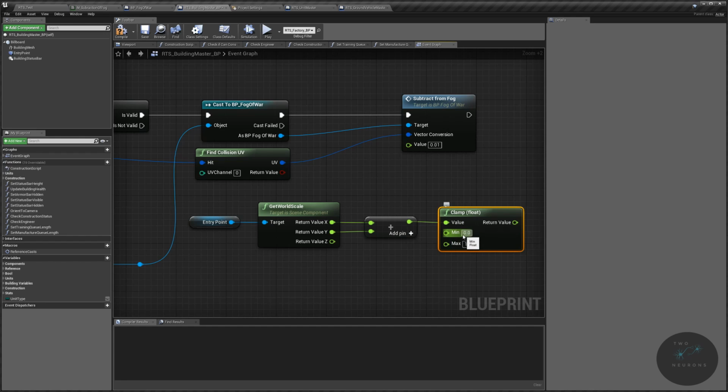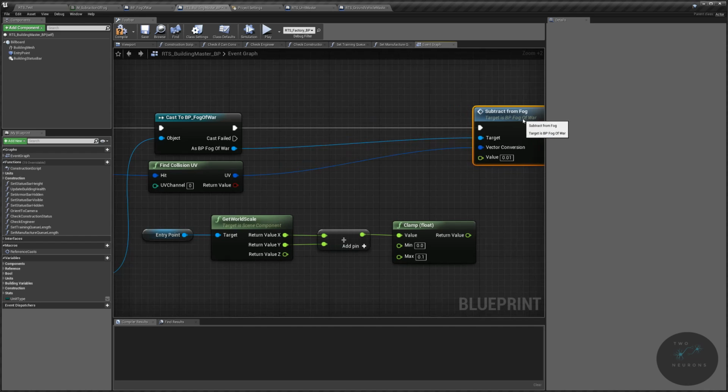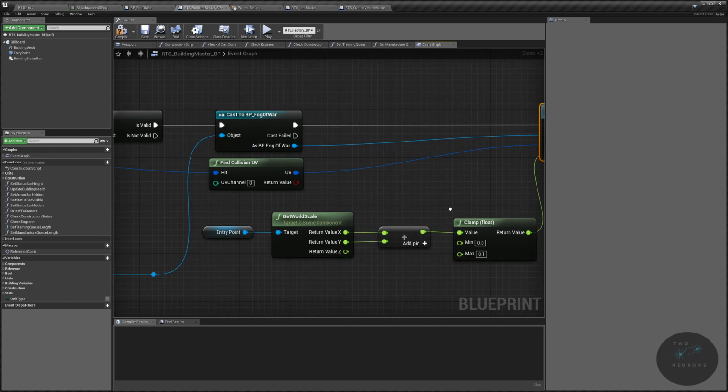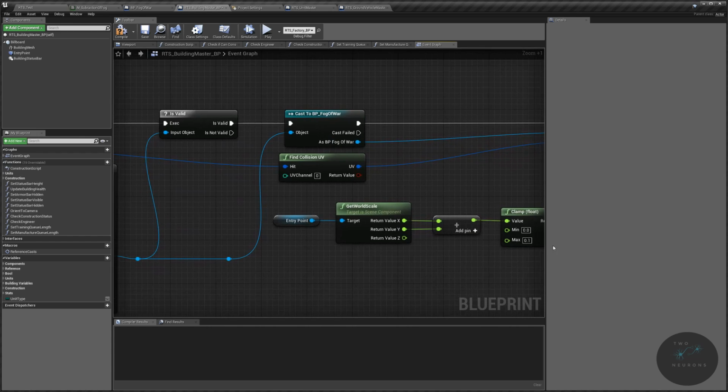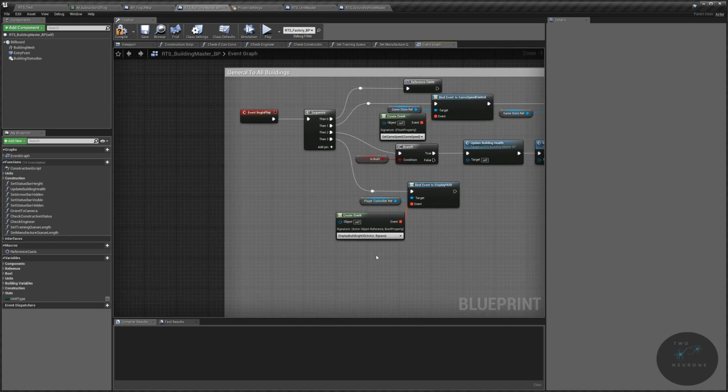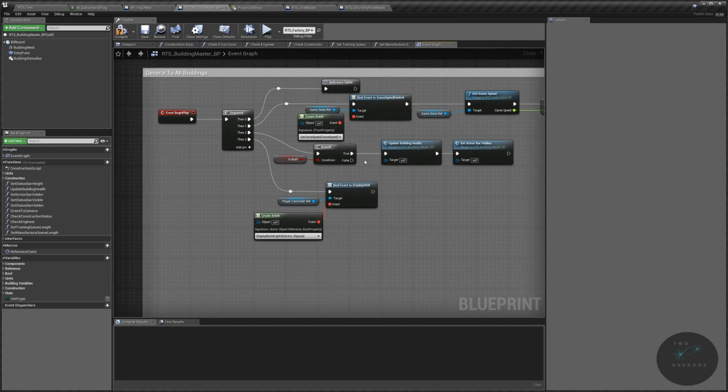Our minimum is going to remain 0.0. Our maximum is going to be, let's try with 0.1. I was playing around with 0.08 earlier, and I like that one. I don't know why my test file has 0.1 in it right now, but let's just try that one. If this doesn't work, I will reduce that to 0.08. Now we have to call this up again, so let's go back into the top here at the begin play,